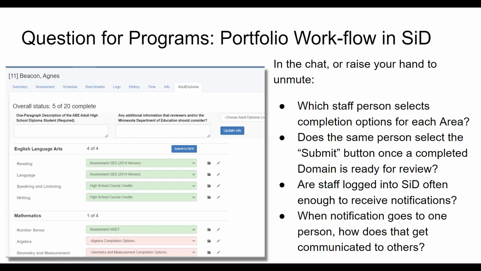Yeah. All right, and Heather in Mankato, you do everything. You select the completion option, you're submitting everything. So when you're the person getting the messages, that probably works for you. Yeah, plus you do the uploads and submit, Stephanie. Okay, it looks like,